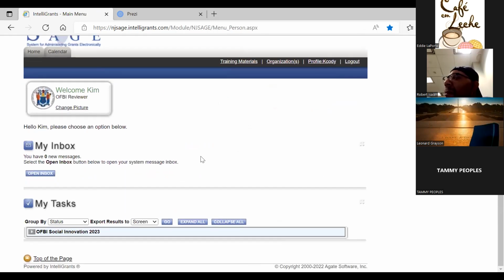And what you're gonna see is your name here. It'll say Robert, it'll say Leonard, it'll say Jasmine, it'll say whatever your name is. And then you'll scroll down to My Tasks. And then you'll see OFBI Social Innovation. This is for youth entrepreneurship, but if it's for special projects, it'll say